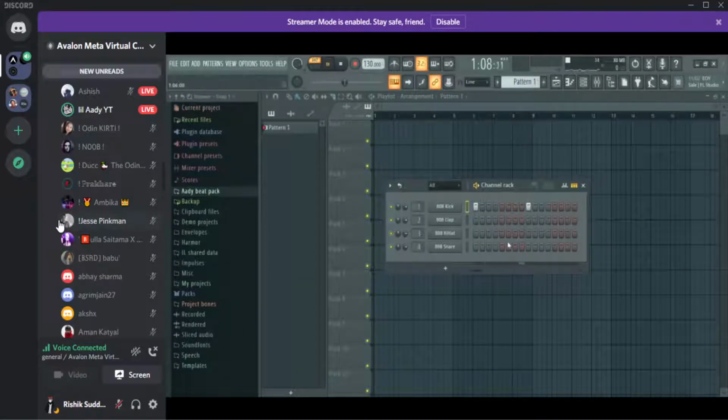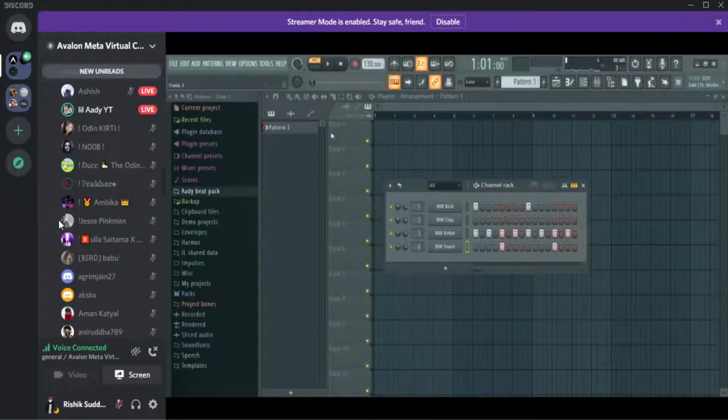If you go here, this is a channel rack, and it shows what channels you have. Real quick, I'm just going to delete this. These are just stock things they give you, the default things. We don't really need to mess with these. If we go to plus, we have many samples and stuff. I'll just get a